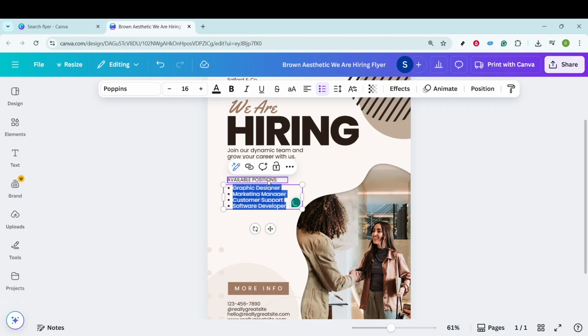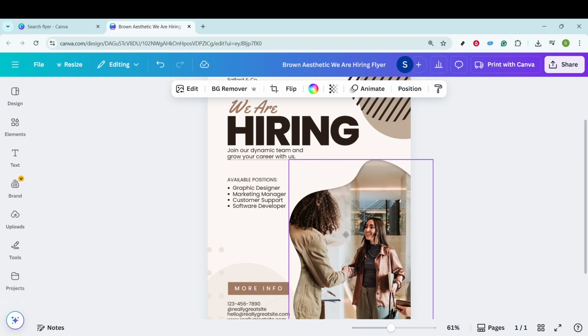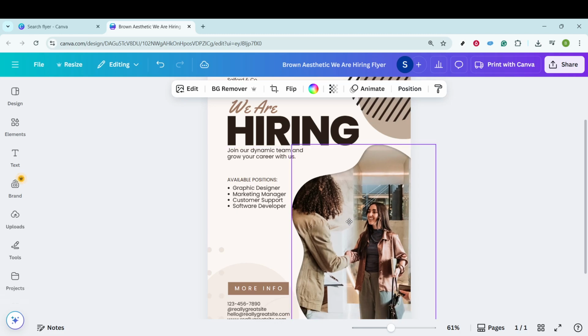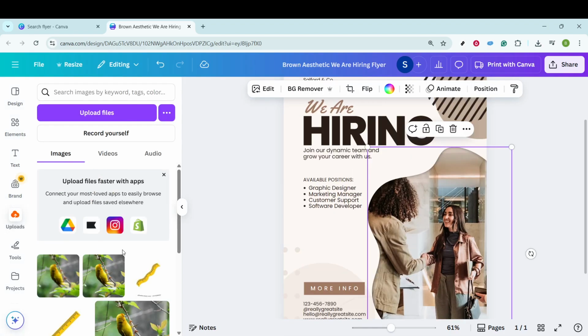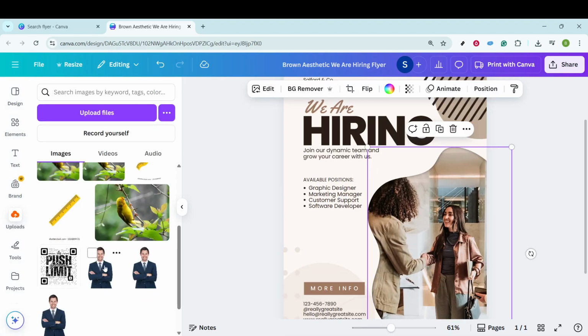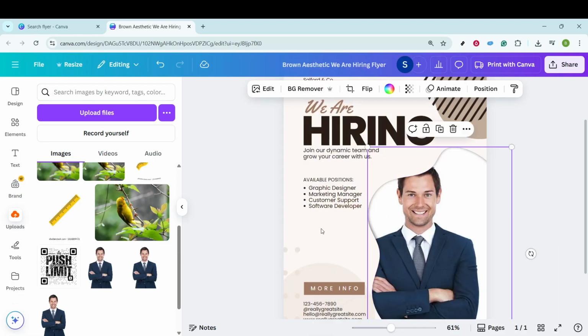But don't stop there. Take the time to swap out any images if they aren't quite what you're envisioning. Canva allows you to drag and drop images, whether it's from its extensive library or your computer. This flexibility means you can bring a personal touch or company branding into your design. Whether it's a striking background photo or an eye-catching logo, customize those visual elements to elevate your flyer to another